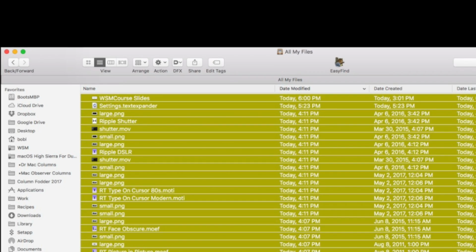And then click on a column header to sort your files by that attribute. The most useful one, I find, is Date Modified. So in this example, you can see I'm sorting all my files by date modified, and the most recent files are at the top. So that's all the files that I modified today or yesterday, and I've highlighted them so you can see. But All My Files makes it easy to spot all of the stuff I worked on today and yesterday and maybe even the day before.